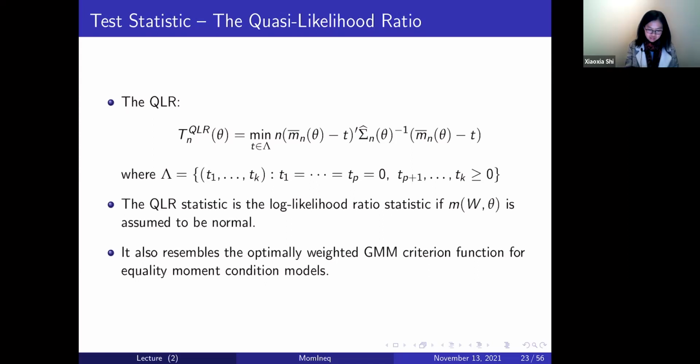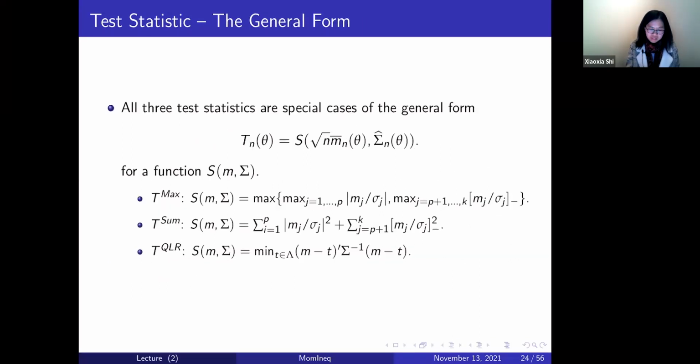So as I said, it kind of resembled the optimally weighted GMM criterion function for equality models. These three test statistics are all special cases of the general form. The general form takes a function S and applies it on the scaled sample moment and the sample variance covariance matrix. This function S is this for the max, and it's this sum for the sum statistic, and it's this quadratic form for the QLR. So in all cases, they have something in common,